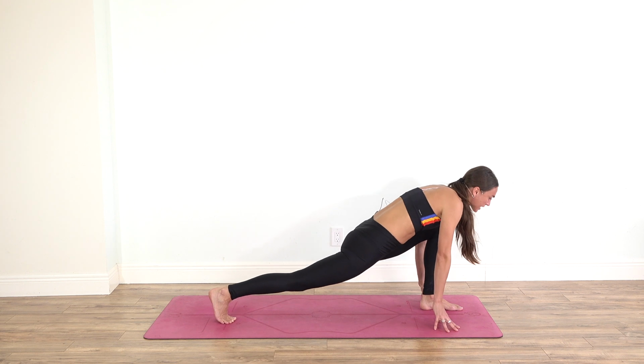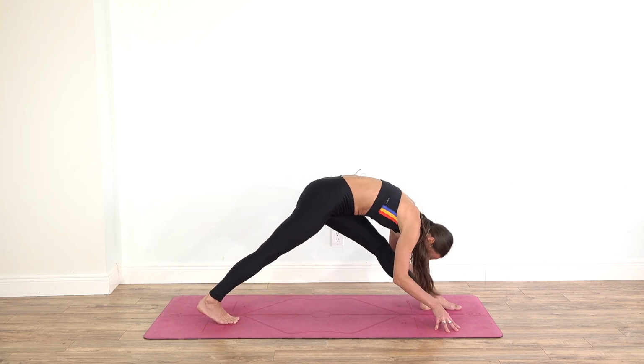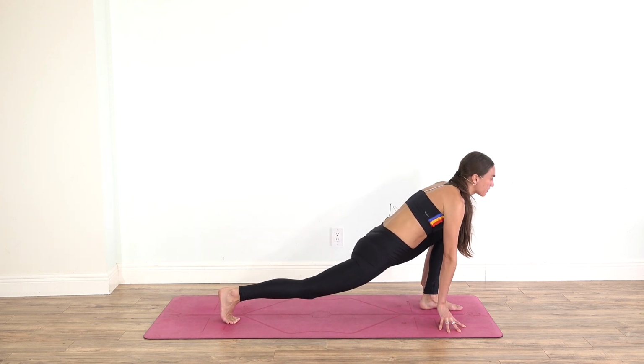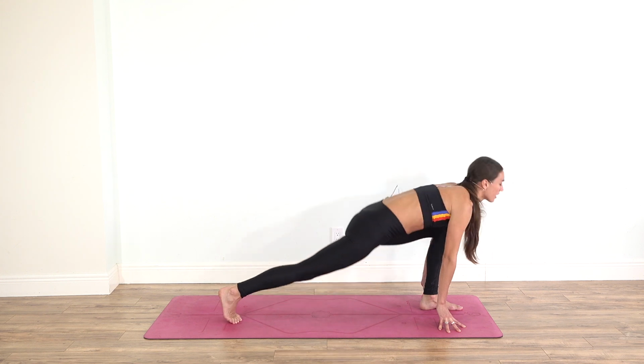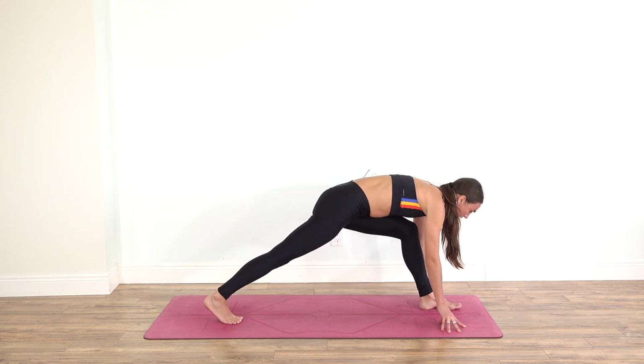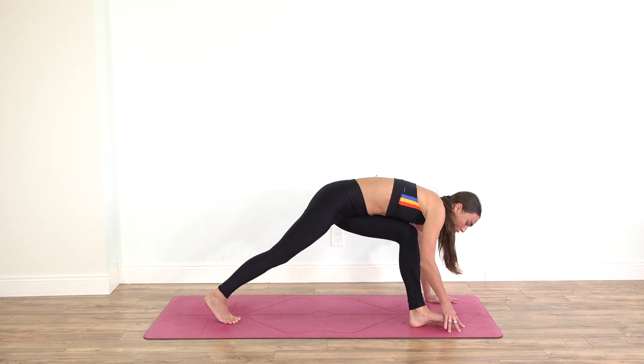Inhale, bend the knees, sink the hips, lift through the heart. Exhale, extend the legs, folding over the front thigh. Inhale, bend the knee, lift through the heart. Exhaling, folding down. Inhale, bend the front knee and walk your left foot to the right edge of the mat